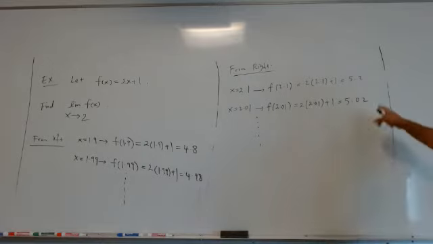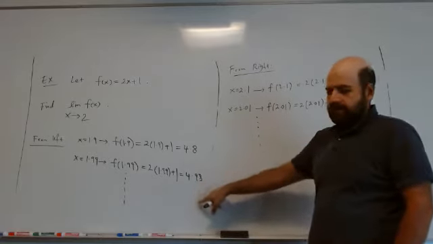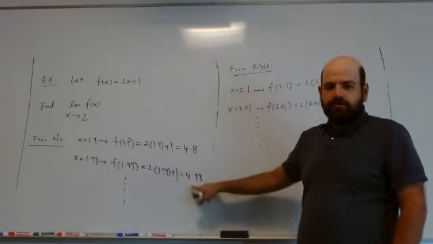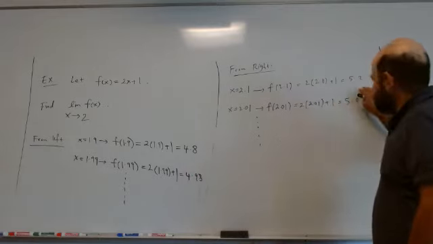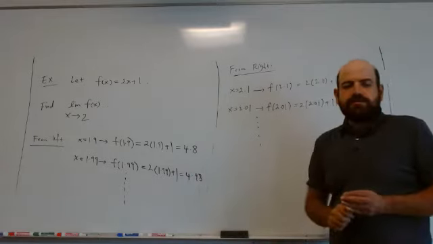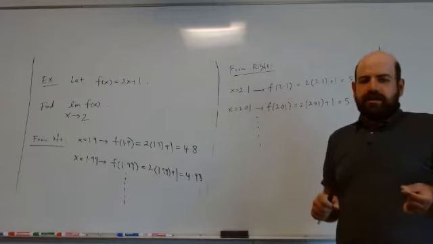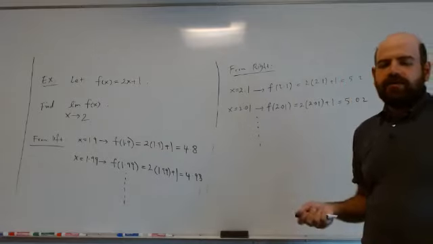Okay, now what happens to the outputs? Look at the outputs, 4.8, 4.98. You can look at it. So see, these are getting closer and closer to 5. Look at the outputs, getting closer and closer to 5 from this direction, and also from this direction, the outputs getting closer and closer to 5 as well. So from either direction, as x approaches 2, the outputs get closer and closer to 5, and that means